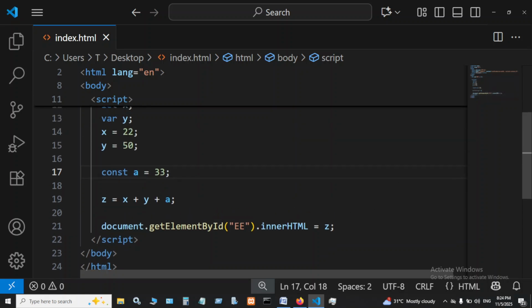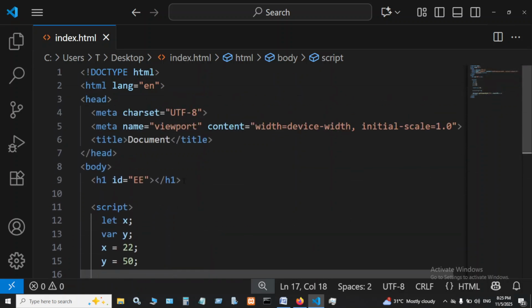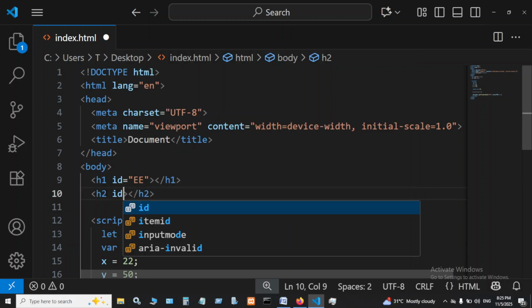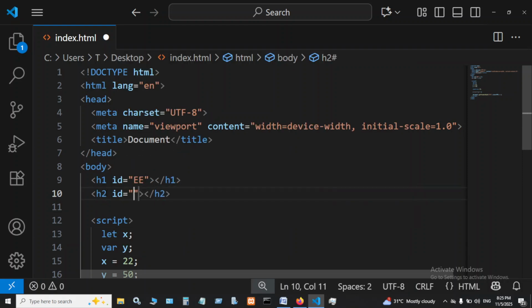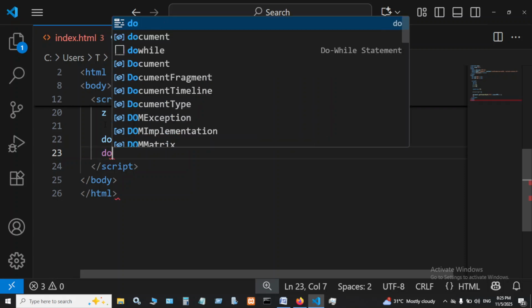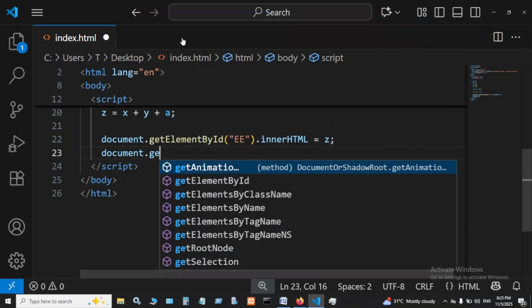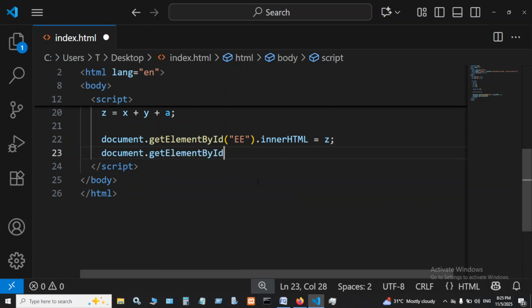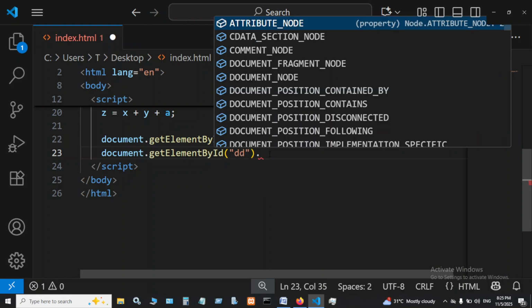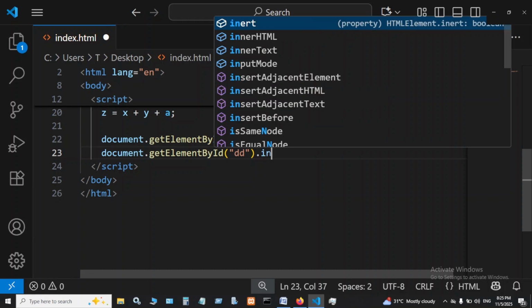So let's now say, for instance, we want to output something using our HTML. To use an HTML tag, let's say I use the h2 tag. I give it an ID of something, maybe an ID of dd. This is going to output clearly if I use document.getElementById of dd. I want to output something into the dd, and I want it to be innerHTML in capital letters